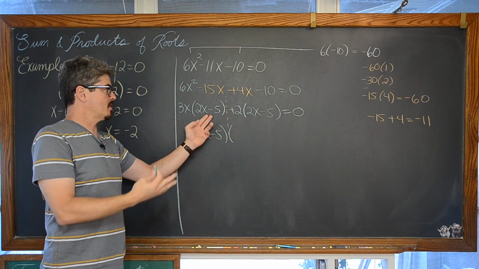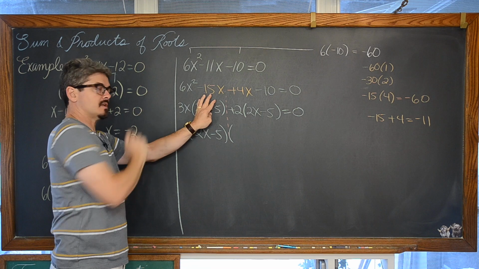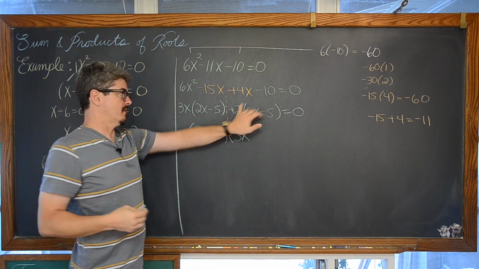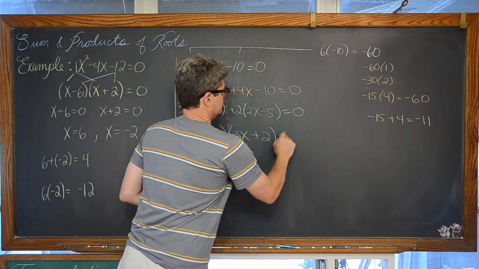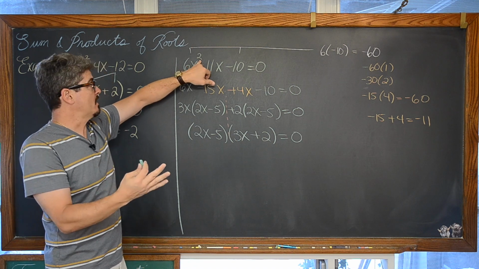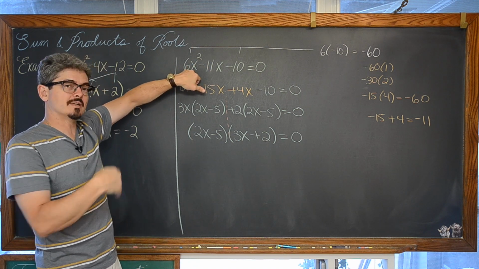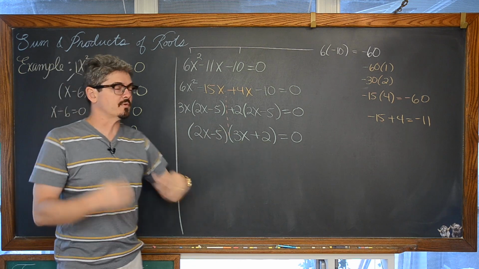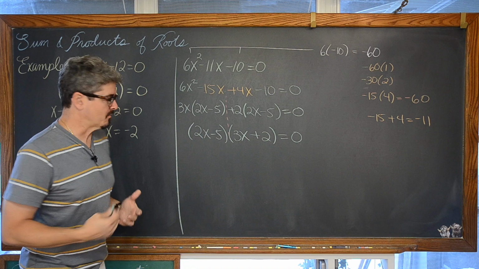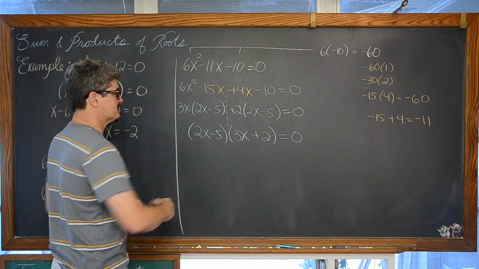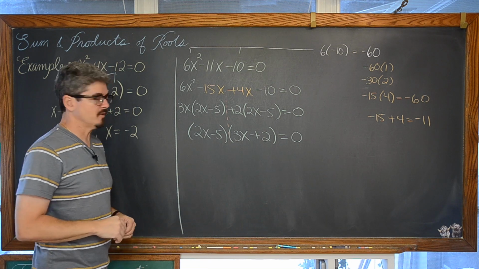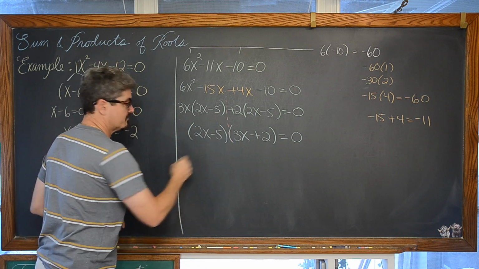well, out of our first term, if we take out that 2x minus 5, we're just left with a 3x. And for our second term, if we take out that 2x minus 5, we're left with a 2. And now we have this quadratic equation, degree of 2, with a leading coefficient other than 1, and we've been able to factor it without having to do any kind of trial and error. That's all I was taught when I was in high school, many, many years ago. You can see all the gray hair. If you multiply this back together to double check it, you will have our original trinomial. Of course, now we're going to set each of these equal to 0 and finish solving.